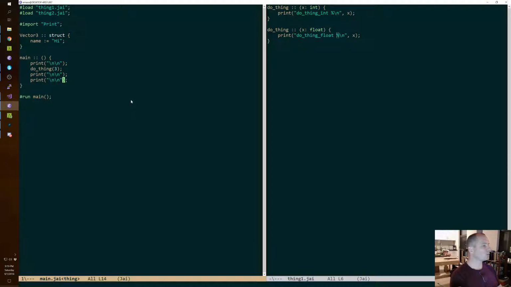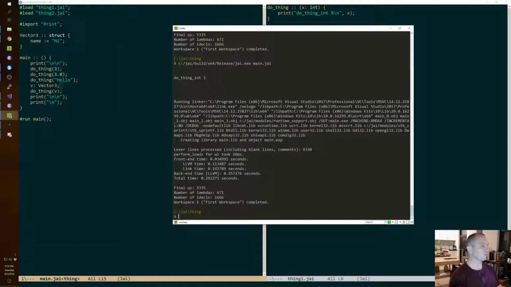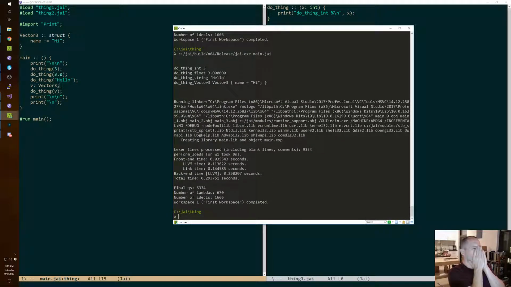So now I'm going to do thing 3.0. I'm going to do thing hello and do thing v. So all of those worked, which I'm not surprised by on the one hand, because we've done lots of tests of overloading and stuff.